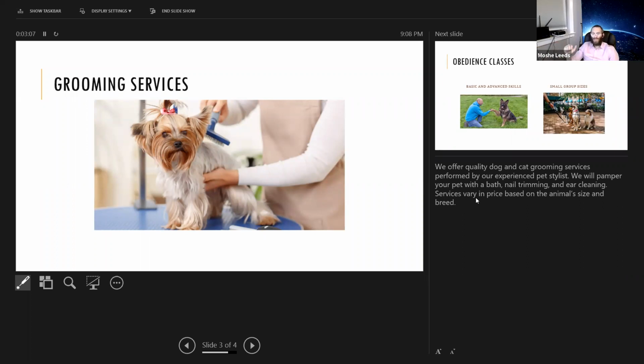We offer quality dog and cat grooming services performed by our experienced pet stylists. We will pamper your pet with a bath, nail trimming, and ear cleaning. Services vary in price based on the animal size and breed. I didn't skip a beat there. I was so professional because I'm just reading it. But that is the purpose of these notes, and that's why you would want to use them,